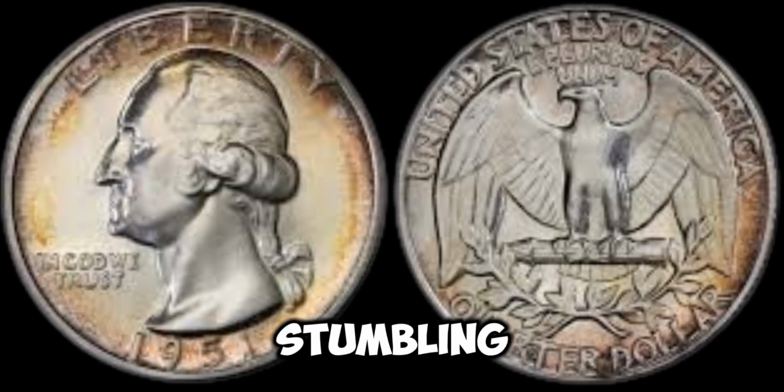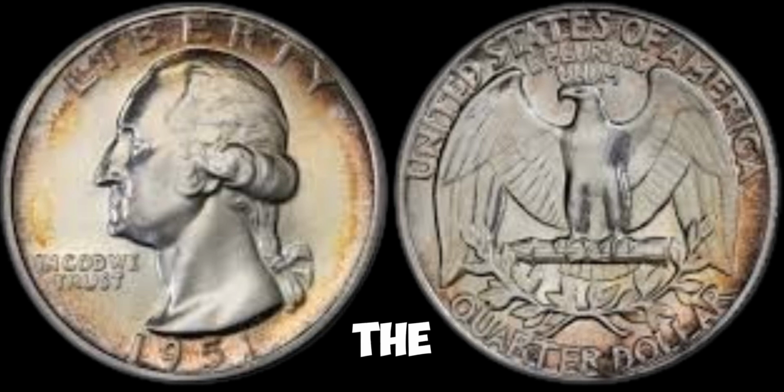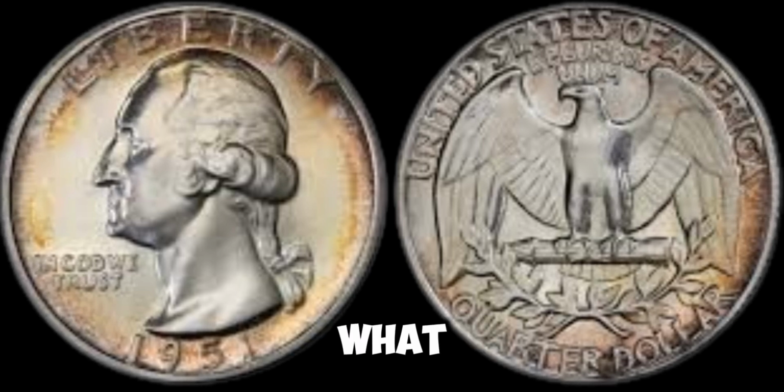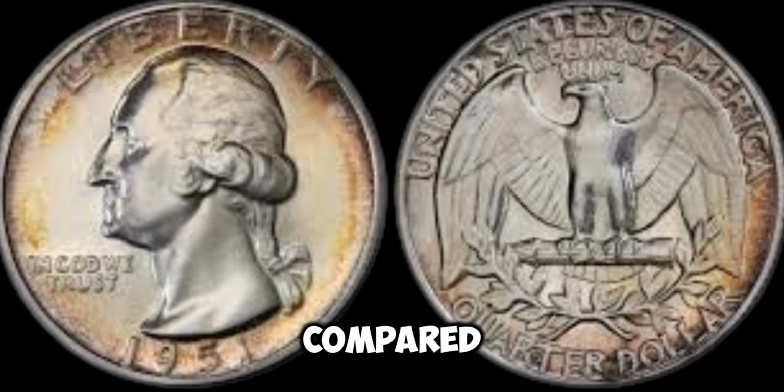Can you imagine stumbling upon something in your attic worth that much money? It's like winning the lottery. Now, you might be wondering what makes this specific 1951 Washington $quarter coin so valuable compared to other coins of